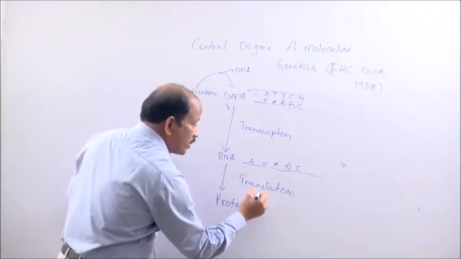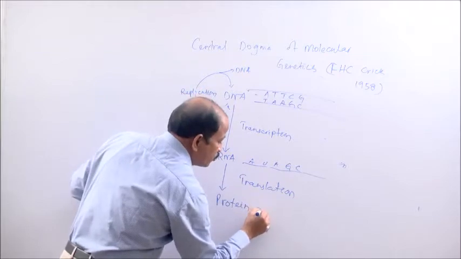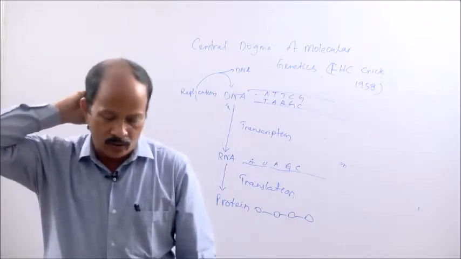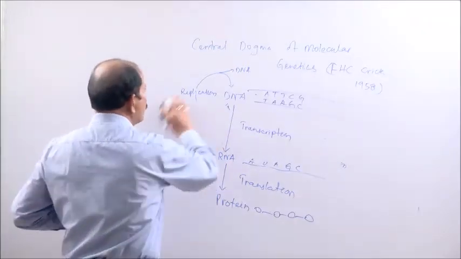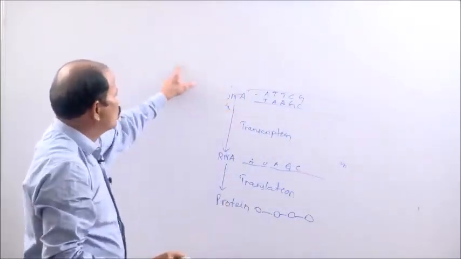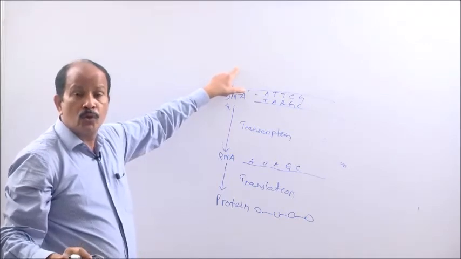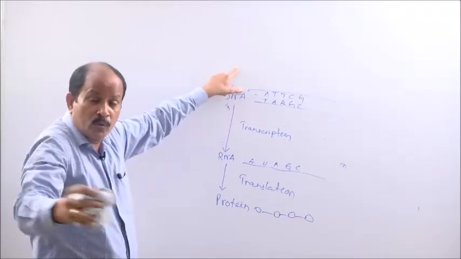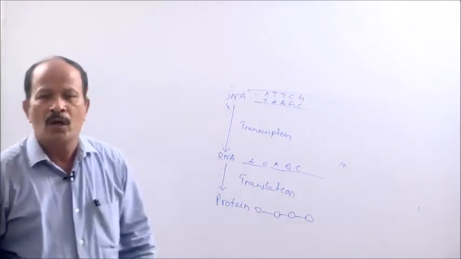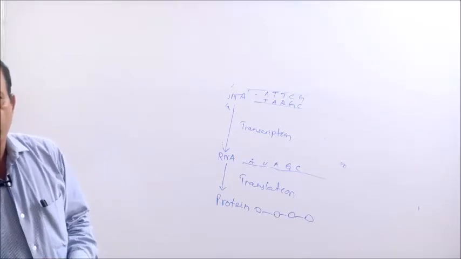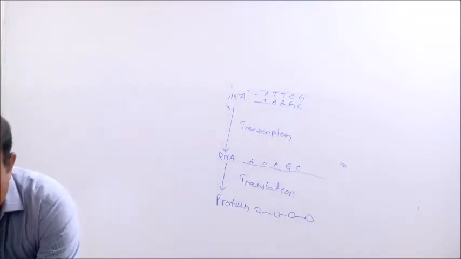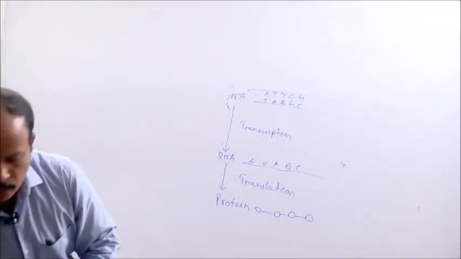So translation is a process when the sequence of bases in RNA changes to the amino acid language of the polypeptides or the proteins. Now this is about the central dogma of molecular genetics, which speaks of the flow of information from DNA to DNA, which ensures flow of information from generation to generation, and how the DNA gives rise to proteins, or the information flows within the cell. So next it is better to go on to knowing gene expression.